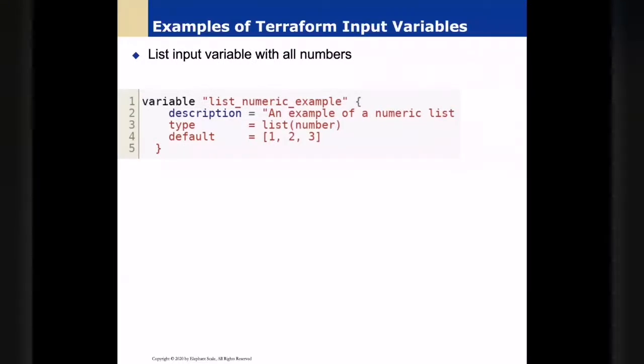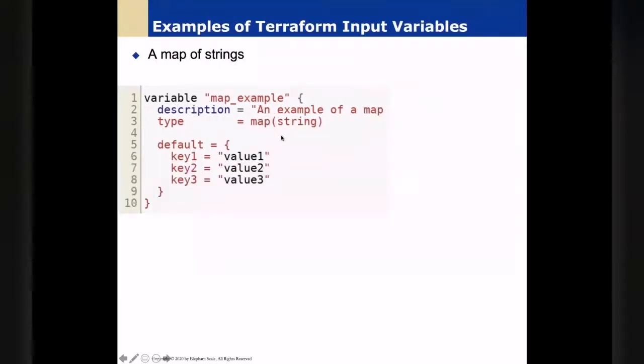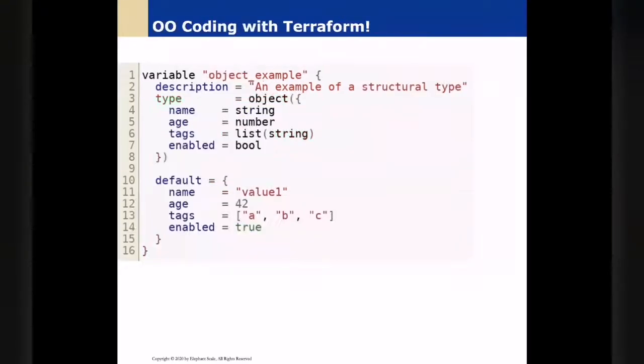Here's another one. You can give it a whole list. Let's say you want a list of instances in different availability zones, would be a good example. So you're saying, here's an example of a list, explain what it is, and you're giving it the type. It will be a list of numbers, and then the default. Now, you can even give it a map. So you would probably say, for AZ1, that's what I want to give you. AZ2, that's what I want to give you. And you immediately recognize that it could be very useful in different clouds.